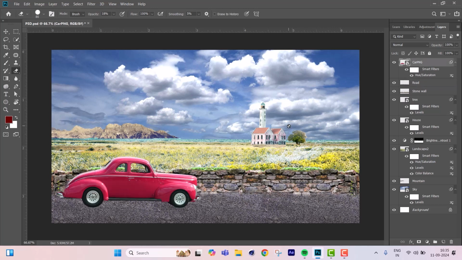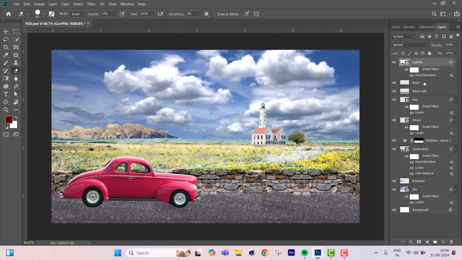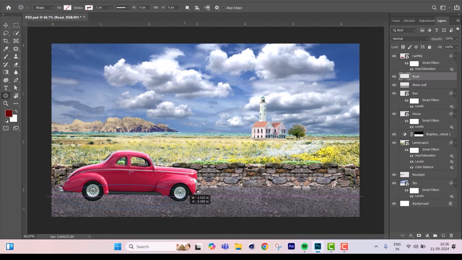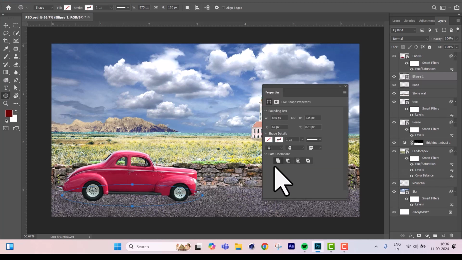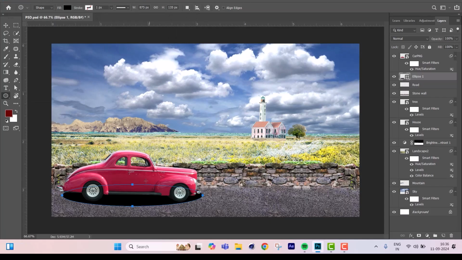For the car, unless we put some shadows under the car, it's not showing accurately. It's like the car is flying in the air. So I need to create a shadow under the car. So this is the car layer. Just under the car layer, I need to click and select the ellipse tool and make an ellipse under the car. And the fill color is pure black. I'll make the shadow out of this particular shape. Control T, reshape a little bit,